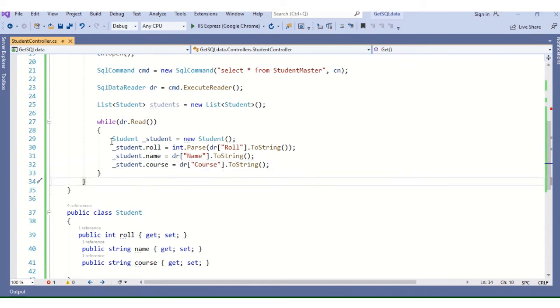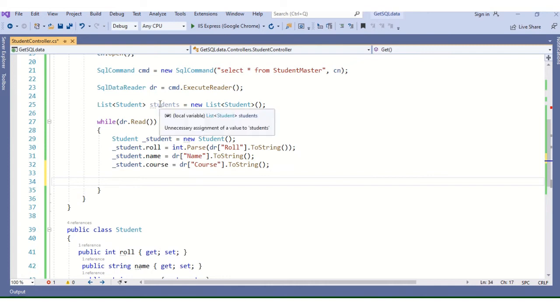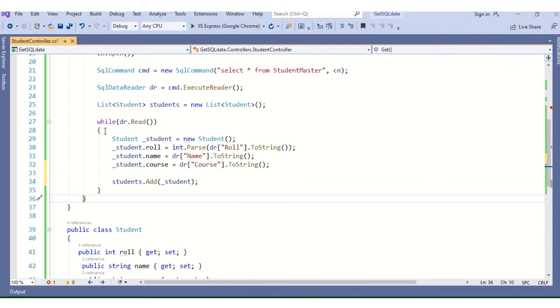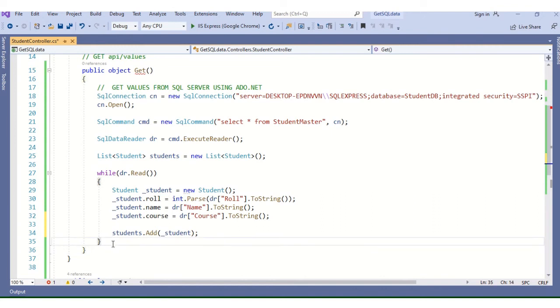So now we create one bucket to capture the student value while it is reading, and we fill the bucket using these three lines. The student object we fill, then we will add the student object to this list, and then we will return this list back. So students dot Add, what we are going to add, underscore student. In each iteration it will have a value. After this loop is finished, we will return